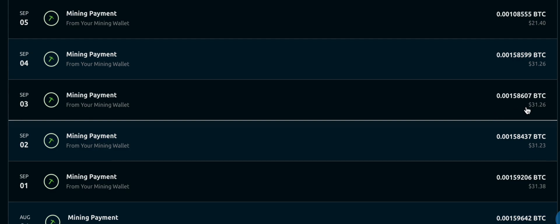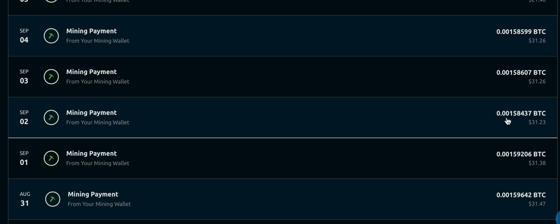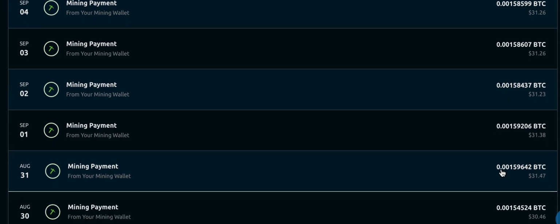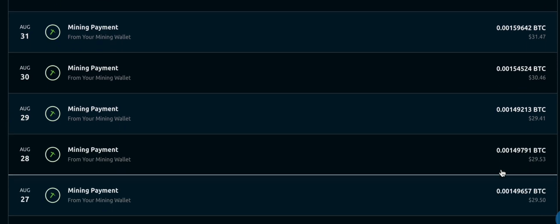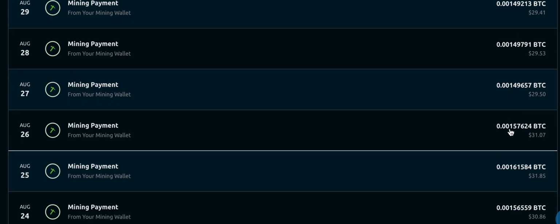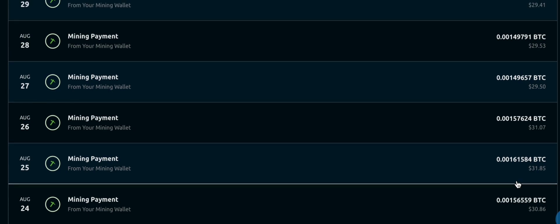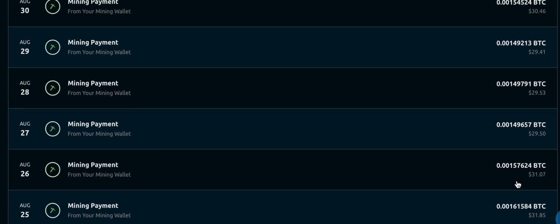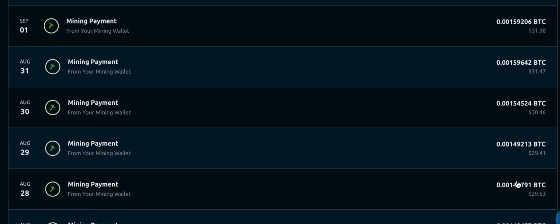So we're averaging 31 and change per day over these last couple of days, somewhere around 158,000, 159,000 sats per day. That varies from day to day based on the market dynamics, how many orders are in the mix. Sometimes we're a little higher in the 160s. I've seen it floated up to about 170,000 sats a day or so, but somewhere around that. So that gets us to around 30 some dollars per day, depending on the price, 1,000 or so a month, and